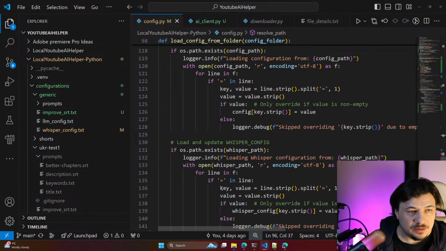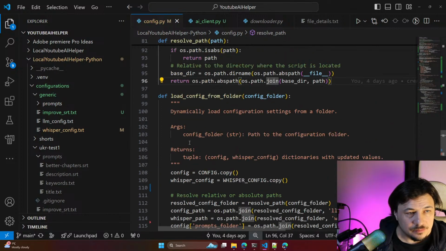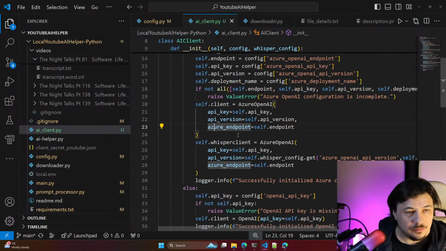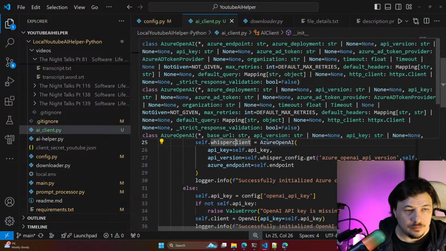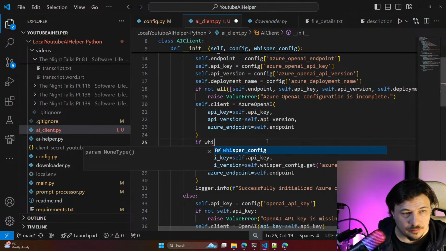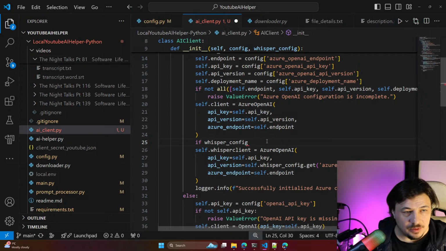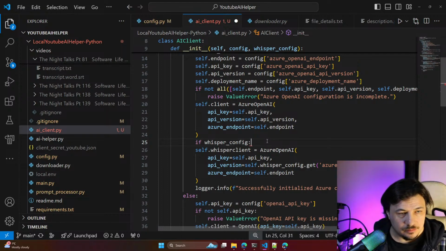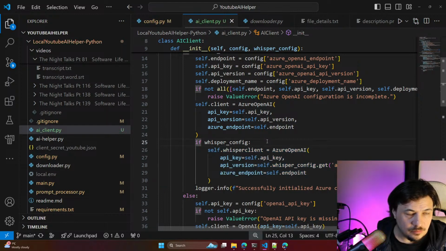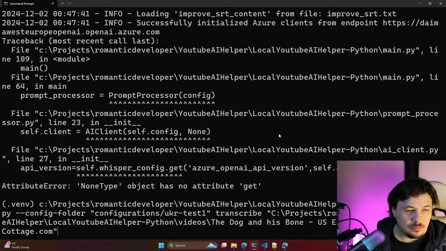In that case, in the AI client, if whisper config, something like that.